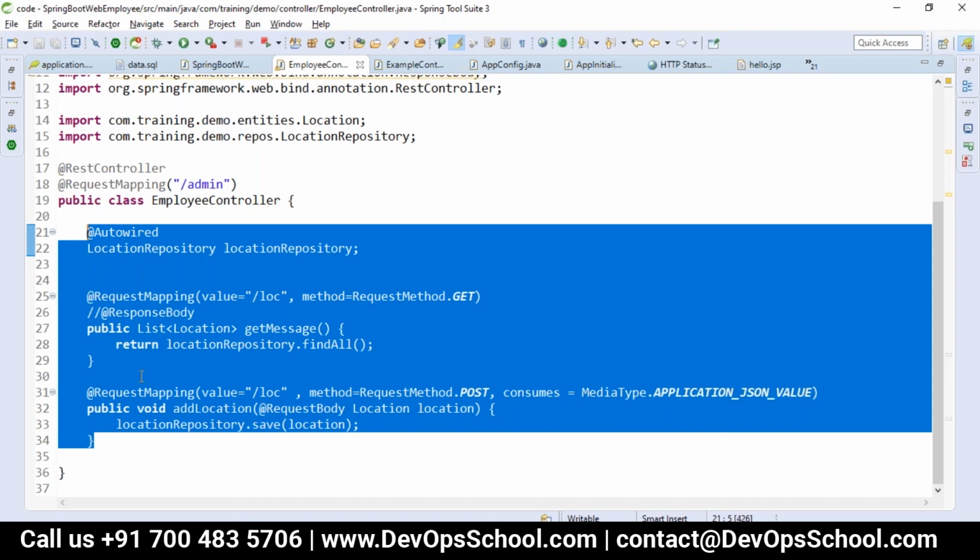But here I have not added any exception handling. In tomorrow's session, we'll add our exception handling, and we'll make this entire REST application with CRUD. Then later we'll add the view for it, one with REST and one more with a simple view, like with Thymeleaf, how we'll be doing. Then we'll add Swagger for the REST application. Then we'll do security, how the security will work for this.